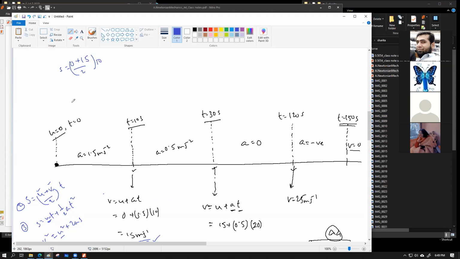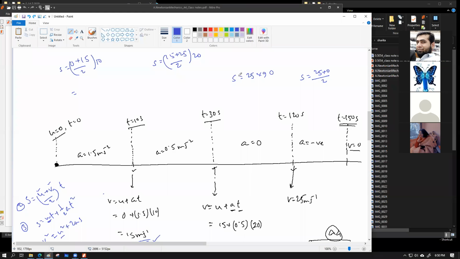* 10। এখান থেকে একটা ভ্যালু আসবে, এটা হবে s = 15 + 25 / 2 * 20। এখান থেকে একটা ভ্যালু আসবে, এটা হচ্ছে s = 25 * 90। এখান থেকে একটা ভ্যালু আসবে, এটা হচ্ছে s = 25 + 0 / 2।